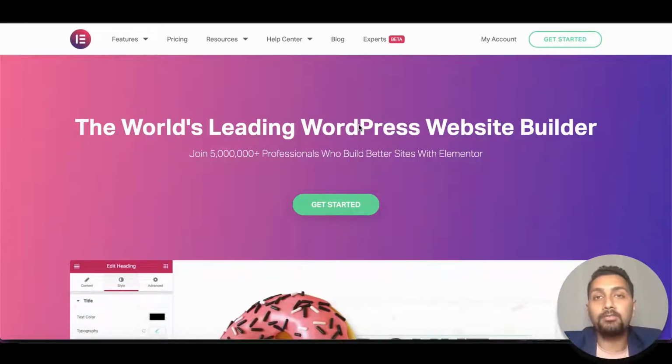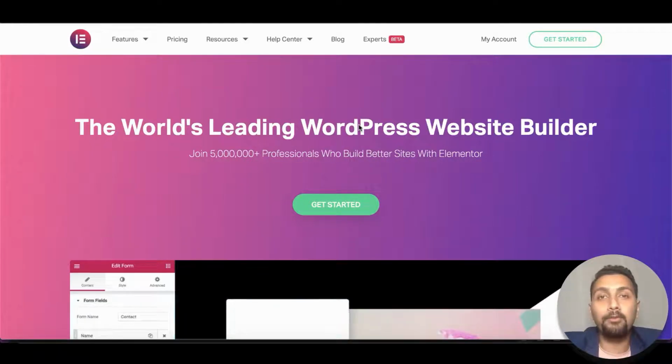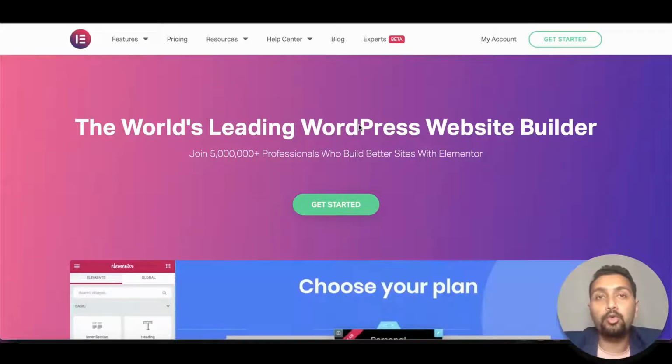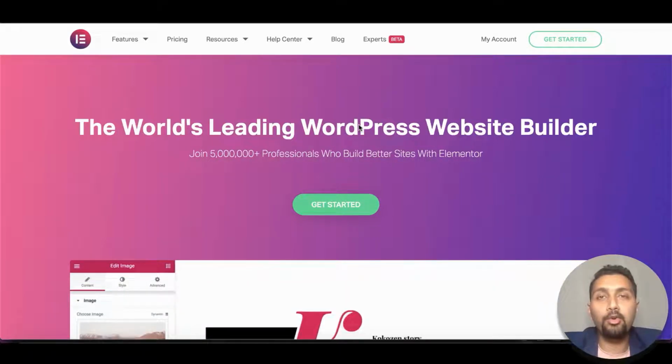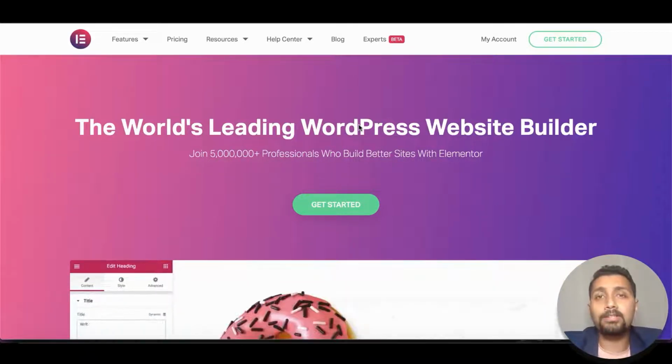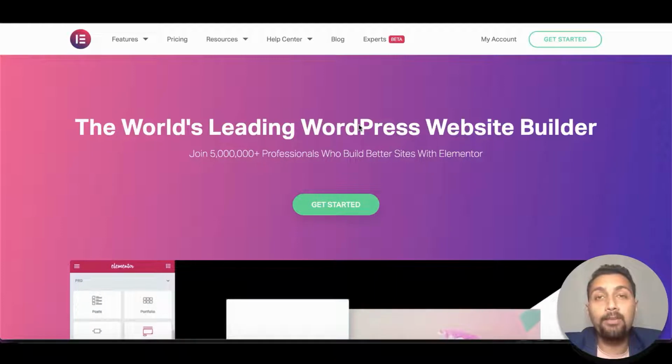Like, in the last videos I told you that we are not going to use any plugin for the forms part because we are going to use it through Elementor, through the page builder that we have, and it is so powerful that you are going to learn a lot plus enjoy a lot. So let's scroll below and see what all we get with this Elementor and why we even have to choose Elementor in comparison to all the others out there.